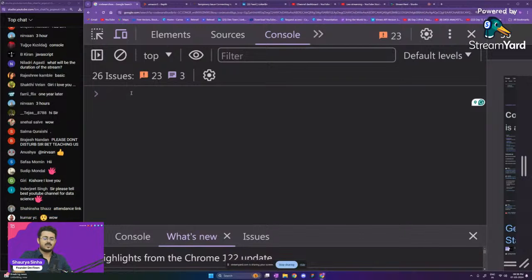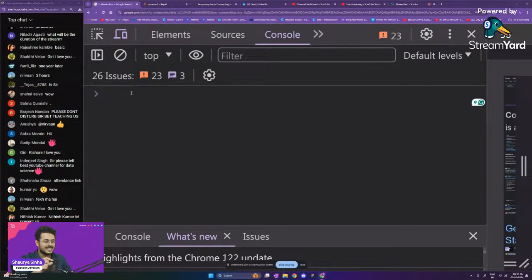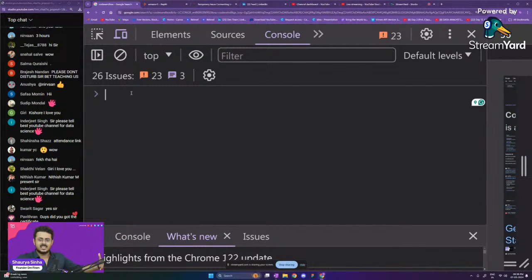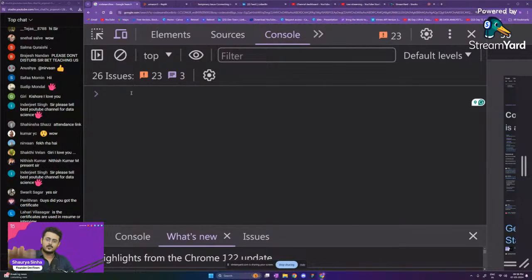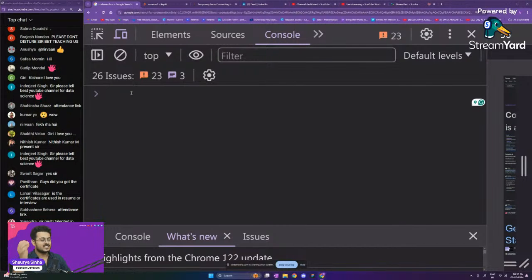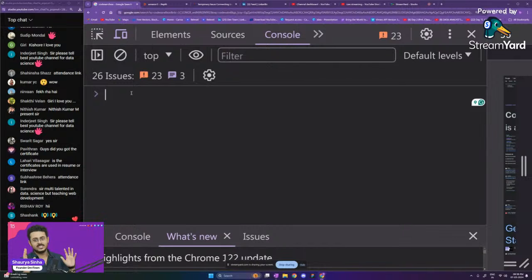Okay, so right over here, guys, in India, anytime that you do something new, we find it to be auspicious. It is our tradition to eat curd and sugar before doing that. We find it very auspicious. In a similar manner, for programmers, whenever we start using a new programming language or a new tool, we start by writing hello world in that programming language. So let's do that right over here. Let's write hello world in JavaScript.